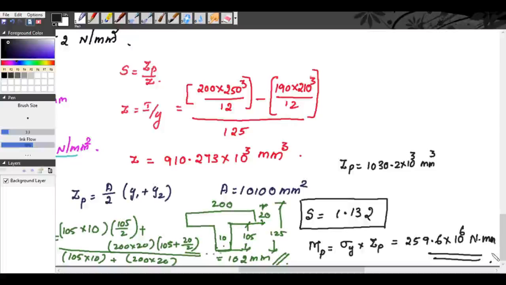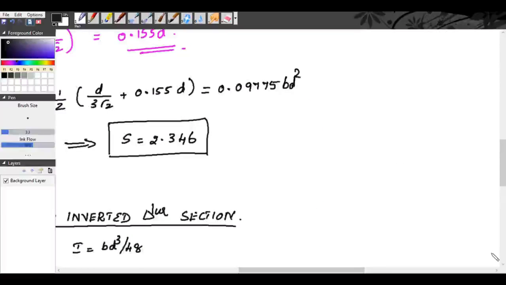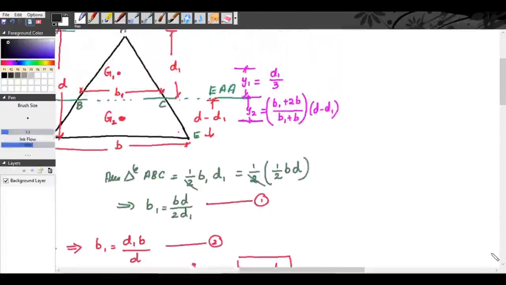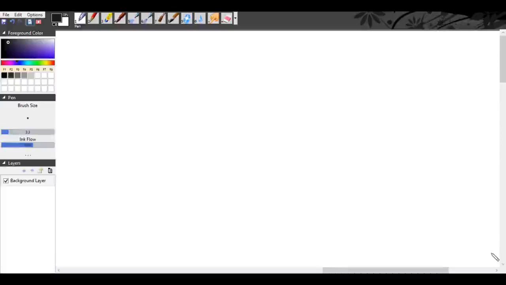Okay. In the same way you can find the shape factor for any given section. Any section is given for you, you can find the shape factor. So for practice you can take a few problems. The next problem is to find the shape factor for the given section. Your given problem is like this. This is your homework problem.